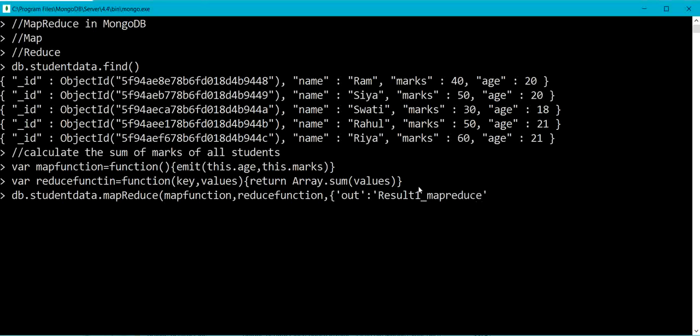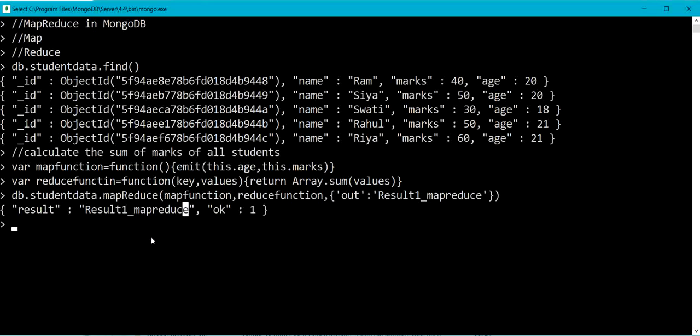You can give any name to your output collection. Let me complete curly bracket and then parenthesis. So this is as per syntax of the MapReduce method supported by MongoDB. So now let me execute this. Yes. So here I have got my MapReduce result in the collection result1 underscore MapReduce.